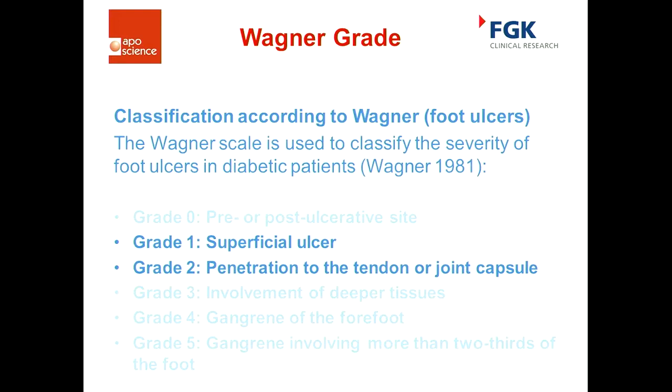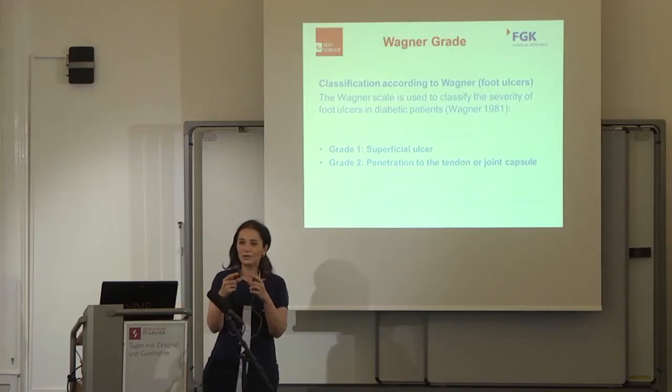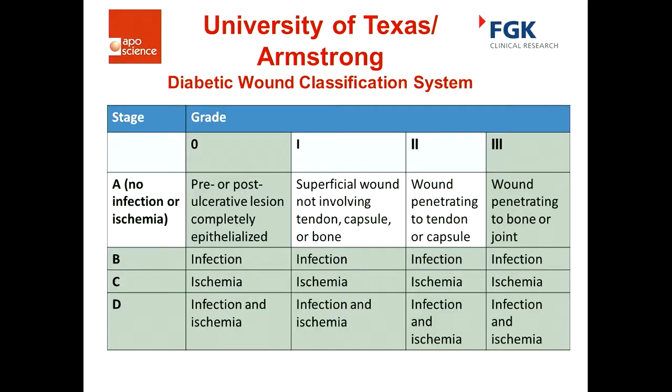There is a certain penetration to the tendon given, but there shouldn't be any destruction of the tendons or any joint or bone damage, or anything deeper where you're tunneling and you cannot actually measure the full circumference of the wound. When you're getting deep and you don't know where you end, those wounds are definitely not suitable wounds for our study. So the Armstrong classification is again classification 1A, that means no infection, no ischemia,